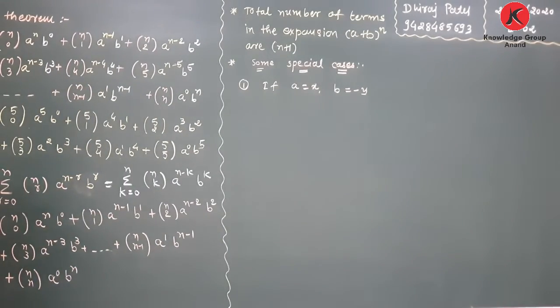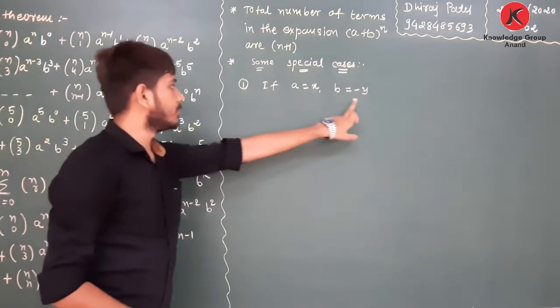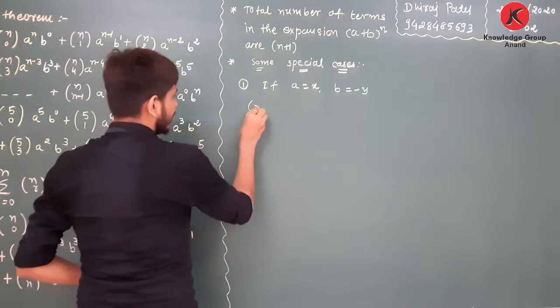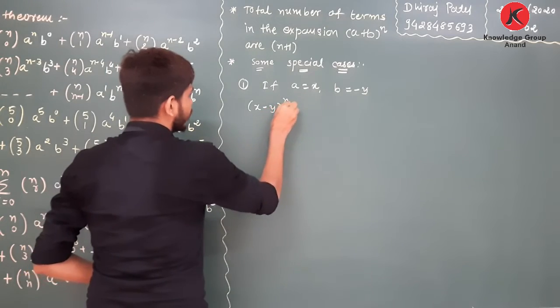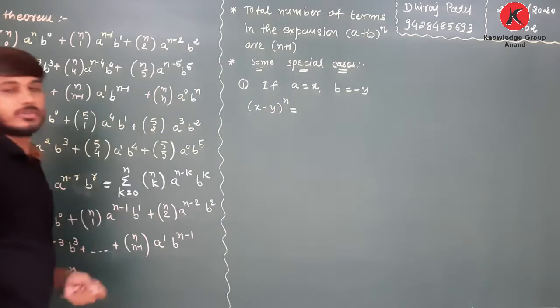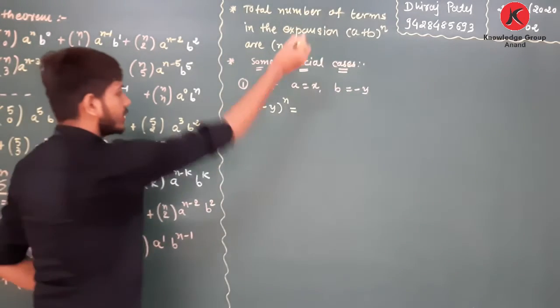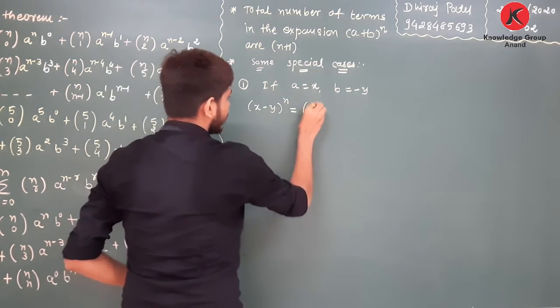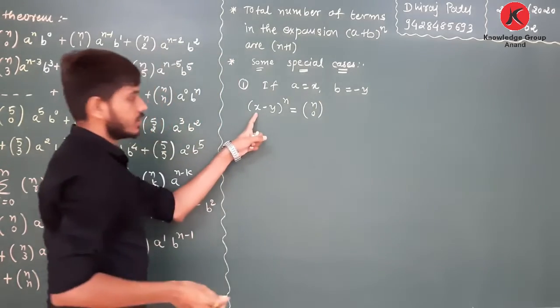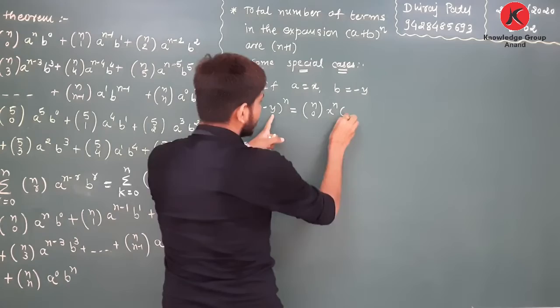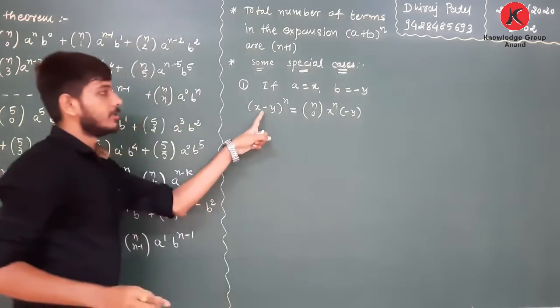If we are taking a equals x and b equals −y, then x − y raised to n will be equal to, when you obtain x − y, you will get first nC0 x^n, the first term, power n of x, and the second term with minus y will be there, plus